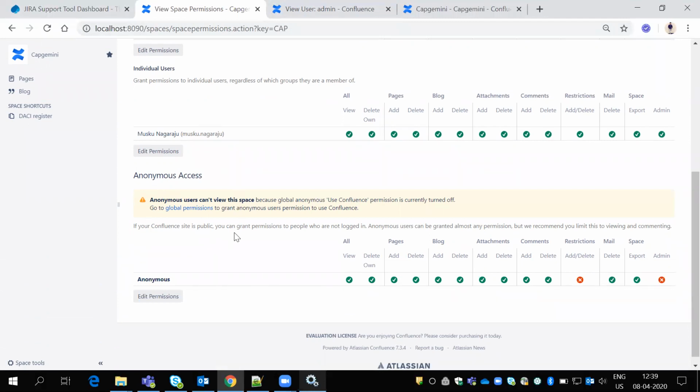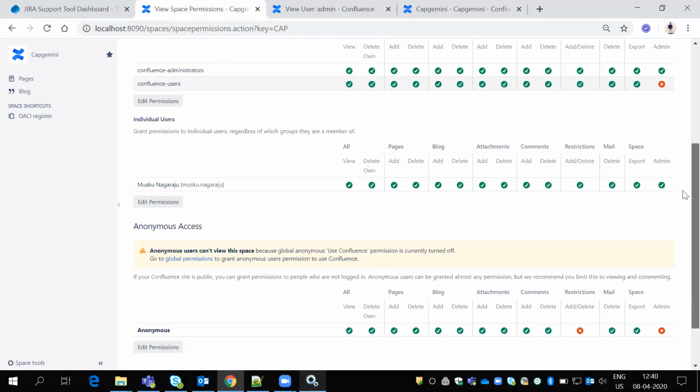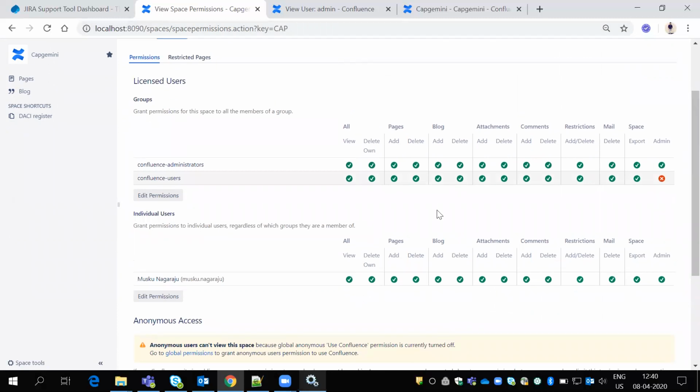Anonymous access means people who don't have access in Jira, sorry, Confluence, that comes under anonymous users. If they have permission to access my site, they can also create their own spaces, since that is all the permission they have. But this is not secure. Only the administrator can manage everything, or else they won't give anything here. So I have my personal space, and my thought is that no one can access it.